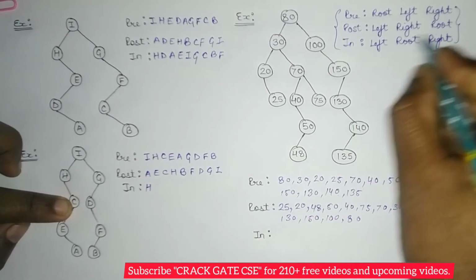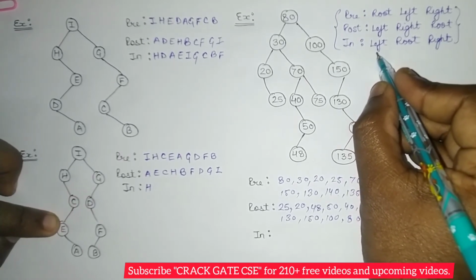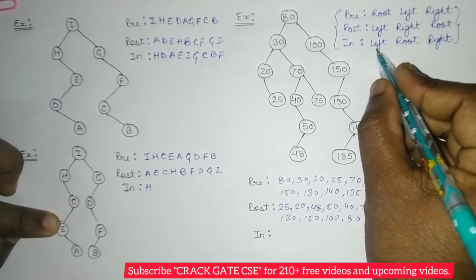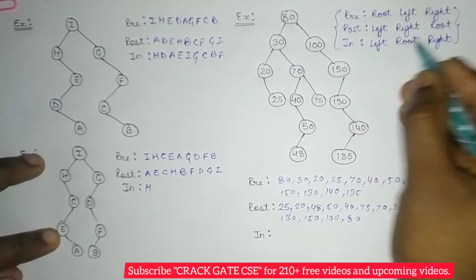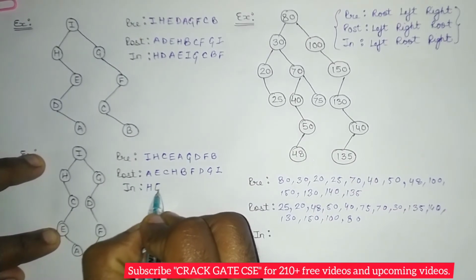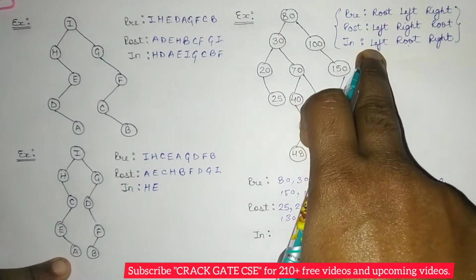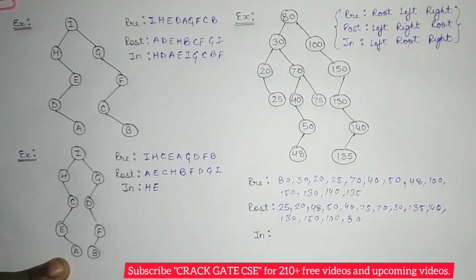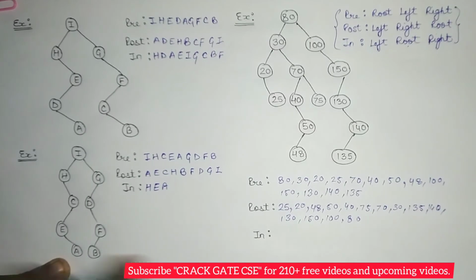After visiting right, start with the here. So if left exists, move to the left. So we came on to the E. E is a new node, again start with the left. So if there is a left, no left, so we have to print the root, which is E. Then we'll move on to the right, which is A. For A, there is no left. So after checking left, print root, that means A. Then check right, no right, backtrack.